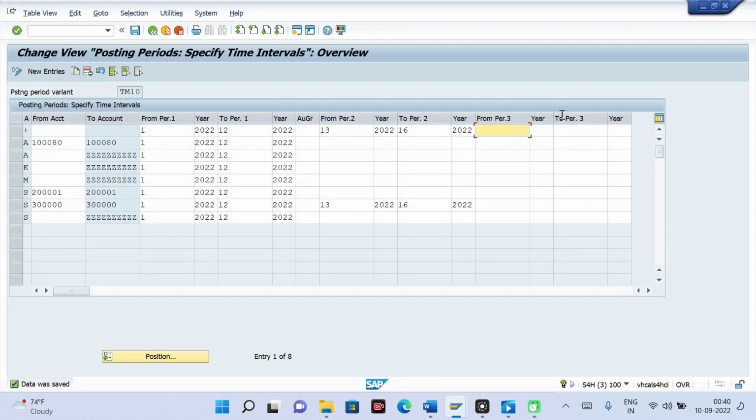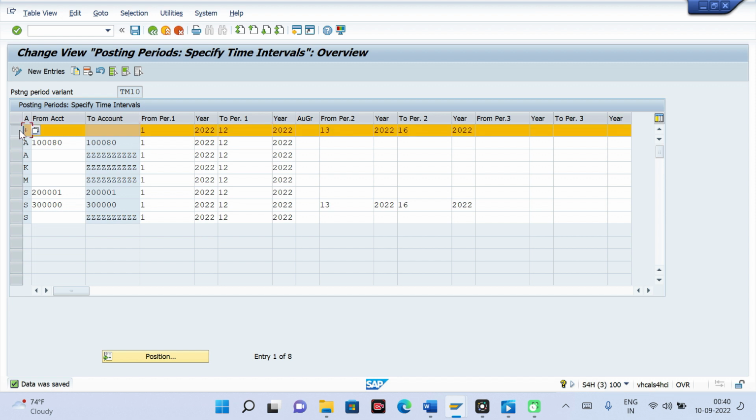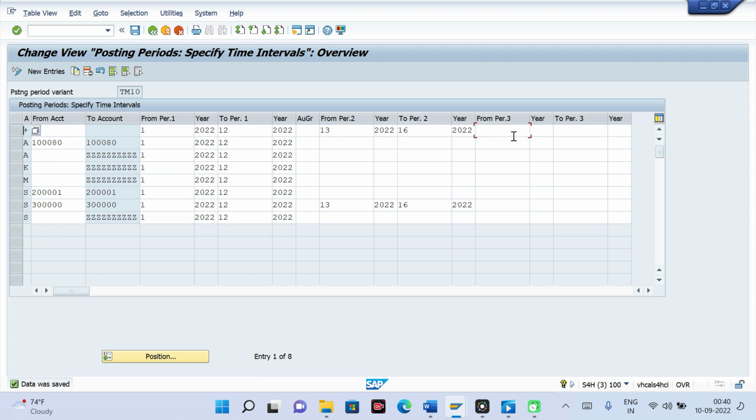Now coming to period 3, this one. Whenever you want to post from controlling to FI, especially if you want to post anything in your secondary GL, first the system will come and check here. If no period is mentioned here, then it will check this side, and only the plus side. Only plus it will check. The remaining it will not check for the secondary GL posting type. If it is open, it will allow. If it is not open, it will not allow.